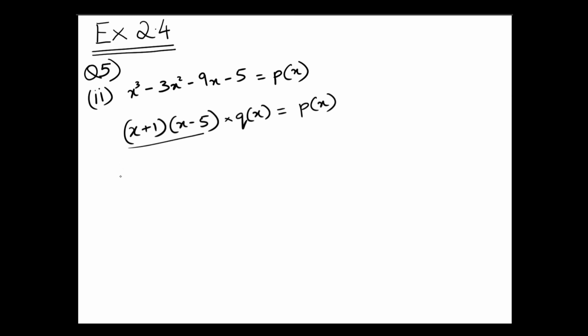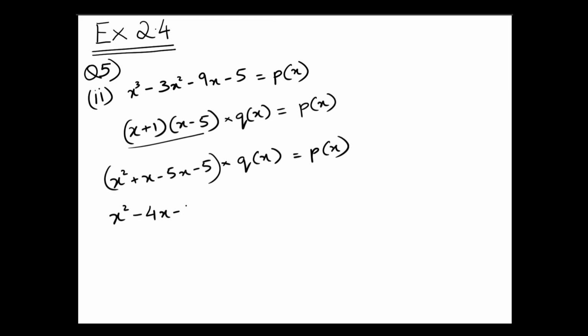Now this term is equal to x square plus x minus 5x minus 5 into q of x equals p of x, which is nothing but x square minus 4x minus 5